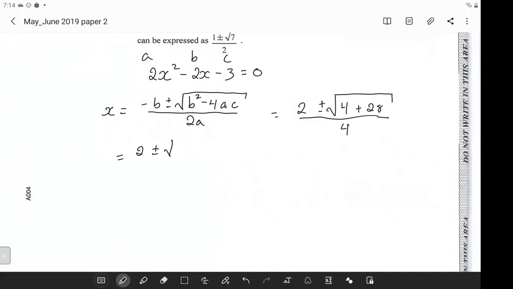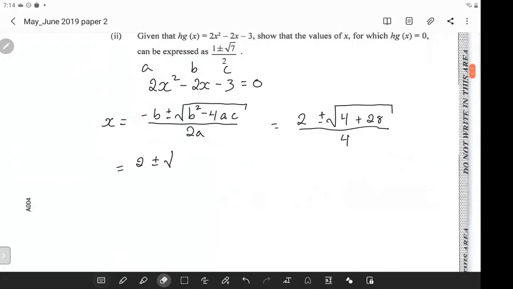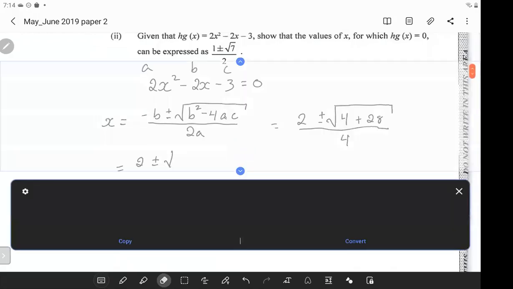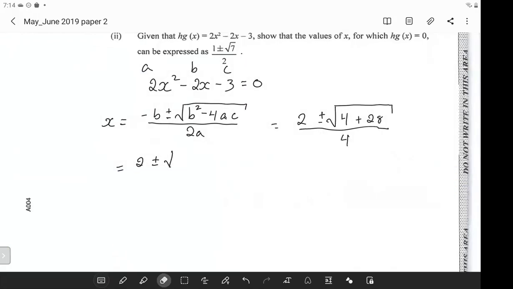One second, please. I think I made a slight arithmetic error. Negative 4 times 2 is negative 8, right? Negative 8 times negative 3 is positive 24, not 28. Sorry about that. I think I was jumping ahead with adding the 4 and the 24. So 4 plus 24 is 28,